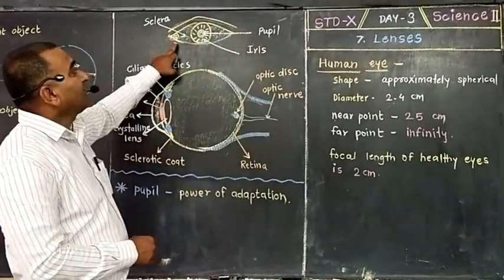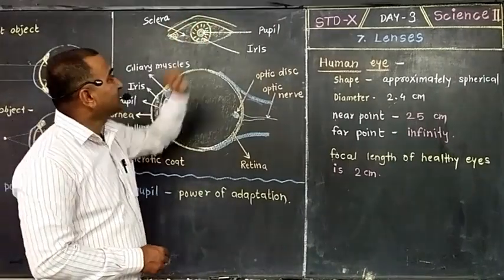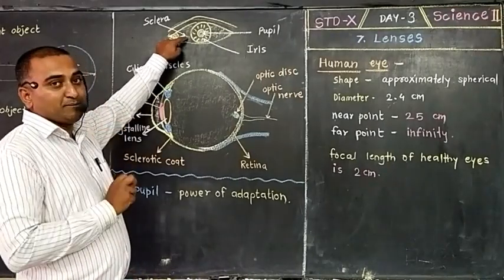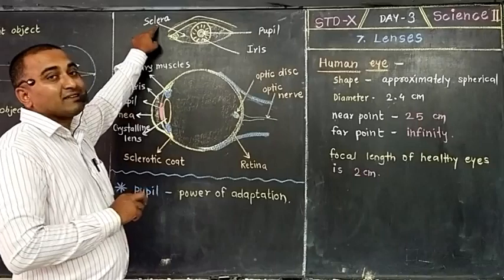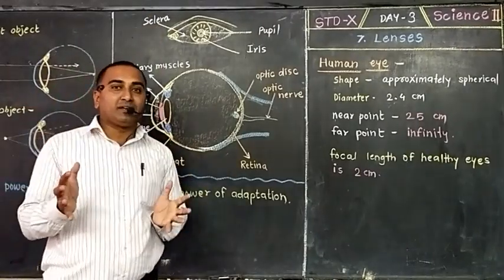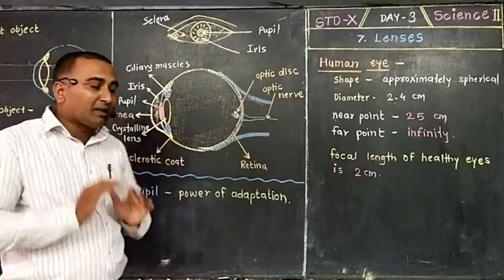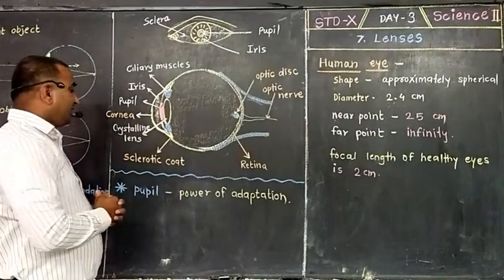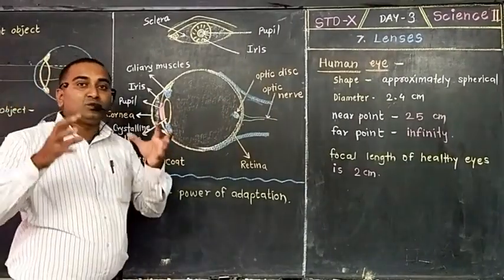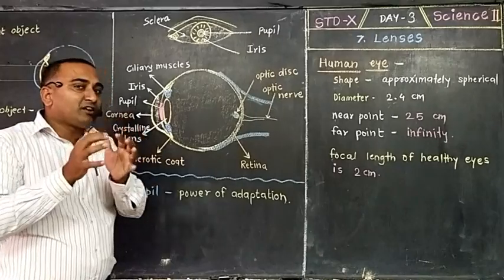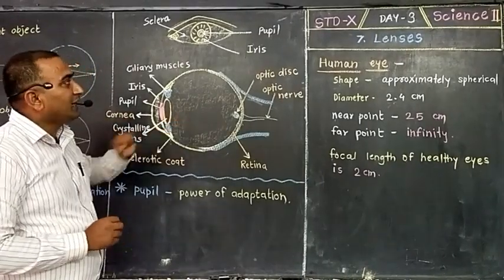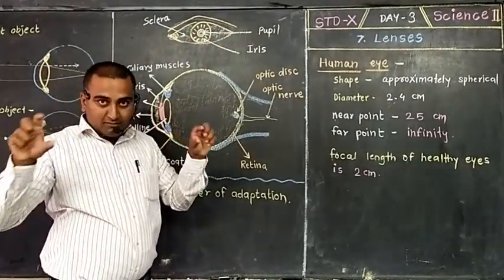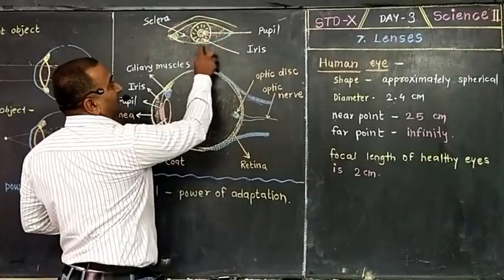See, the human eye looks like this. These are the eyelids. Within that, we have a whitish membrane, called the sclera. The sclera is a protective membrane which safeguards the whole eye, because it is spherical. Everywhere we have that sclera, the sclerotic coating, to protect the inner system of the human eye. Then at the center of that white membrane, there is a dark spot,